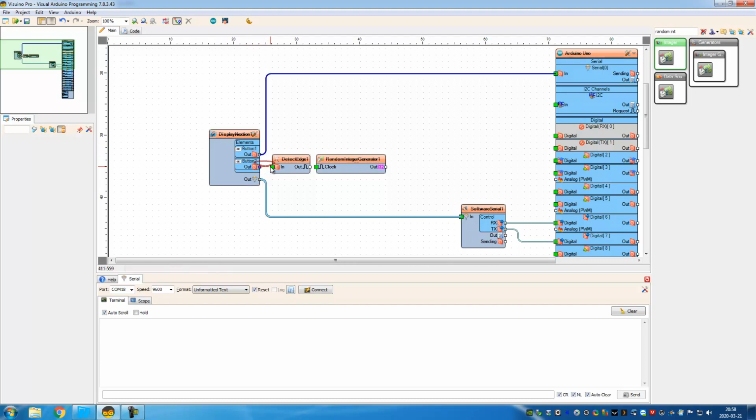The second button, I'm going to use a detect edge, and it's going to detect a rising edge. So when it goes from false to true, it's going to trigger a clock, and that clock is going to take a value out from the random integer generator and send that one to the serial terminal. So now I am gonna upload this,